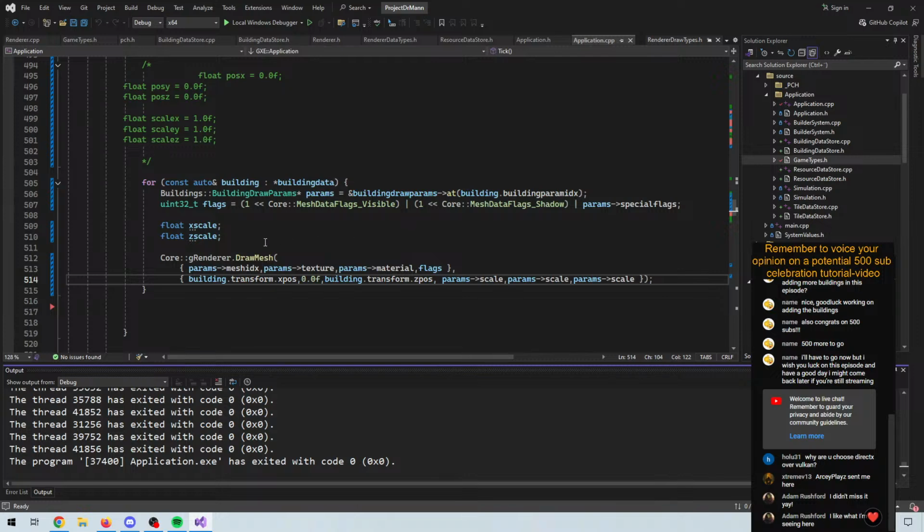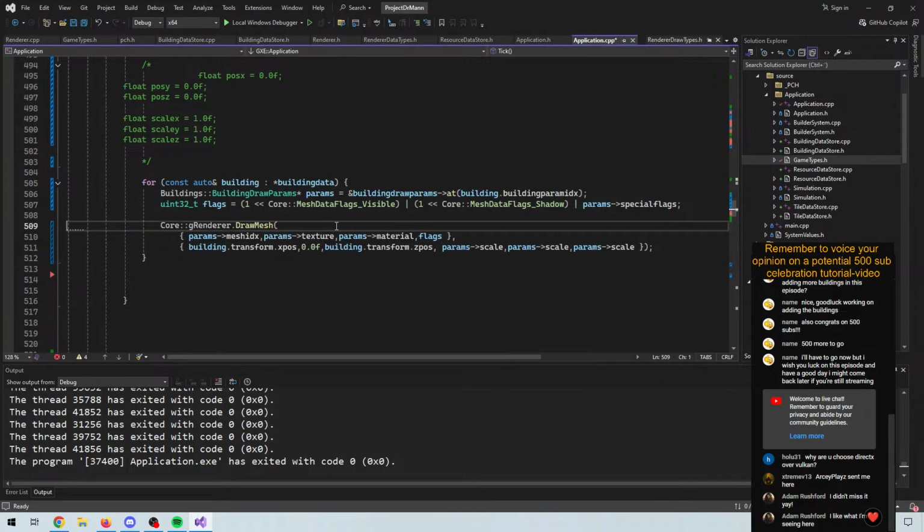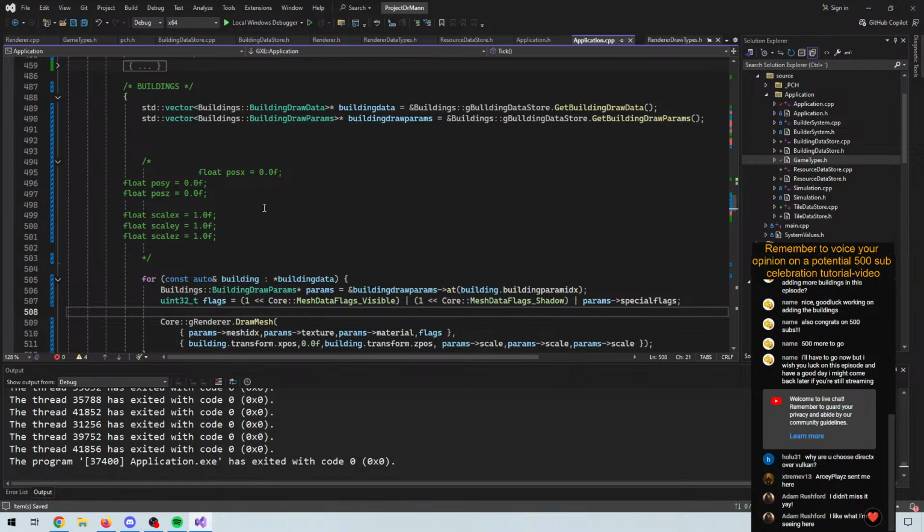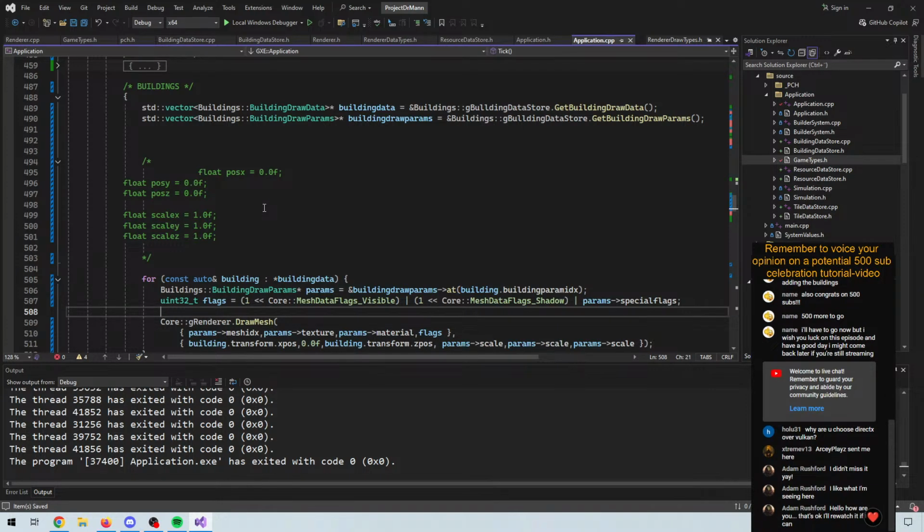All right, so we have a way to actually create buildings now. So this is getting a bit interesting because now we can actually